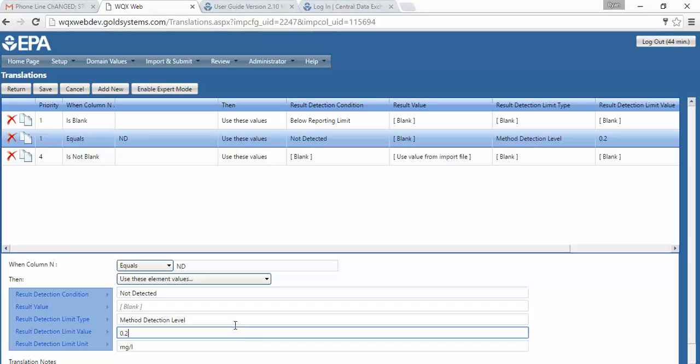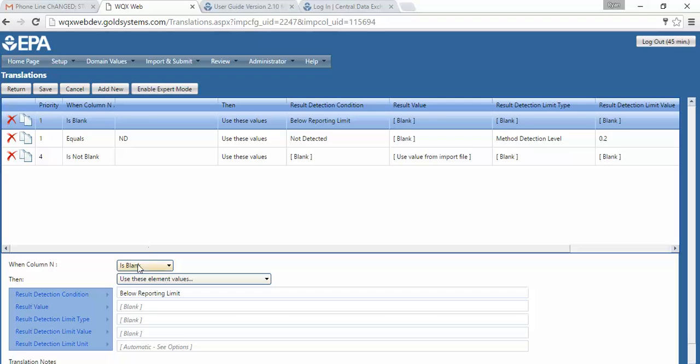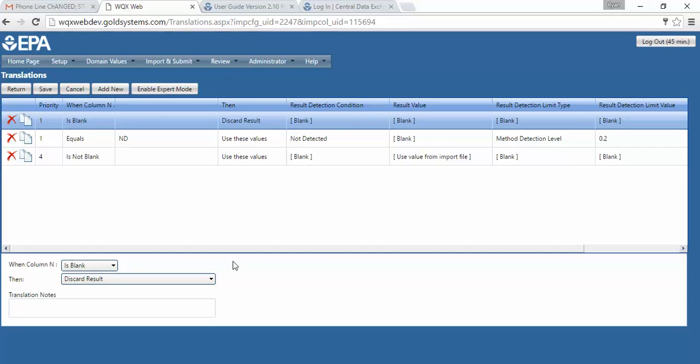There's another option here after this sort of then word, is instead of giving it specific values that you want to use, let's jump back maybe to this is blank option. Let's say in this case I want to say, well, if my column n is blank, then I just want to discard the entire result. So this might be some sort of scenario where